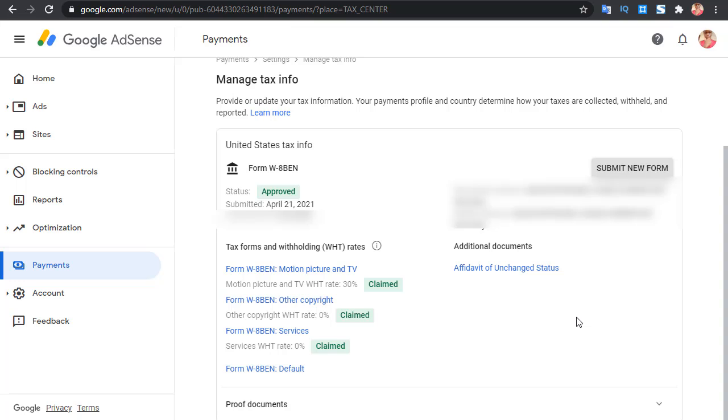So no more need to cancel your AdSense account because your account is in a country where the taxes are going to be reduced to a maximum level. I've shown you how you can verify your account, because the country of my AdSense account is Cameroon, and I've used a document coming from overseas, from Germany. I used tax information from Germany, and I did exactly what I showed you in this video to get approved. So it isn't that difficult. That's how you get your documents approved by AdSense, and you earn your money the right way.